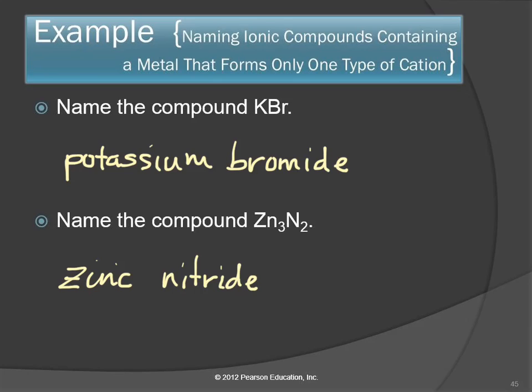That's good. So zinc. Group 1A, 2A, 3A, zinc or silver. Just the element name. And then this is nitrogen becomes nitride. So the 3 doesn't have anything to do with the name? We don't need to do anything with the 3 or the 2 because from the periodic table we know what the charges are. I don't really have this in the PowerPoint slides, and I should, so I'll just do it right now. If we're writing a formula from the name, well, zinc, we need the formula for the zinc ion. Well, the symbol is zinc, and then we look at the periodic table, and it's not in group 1A, 2A,